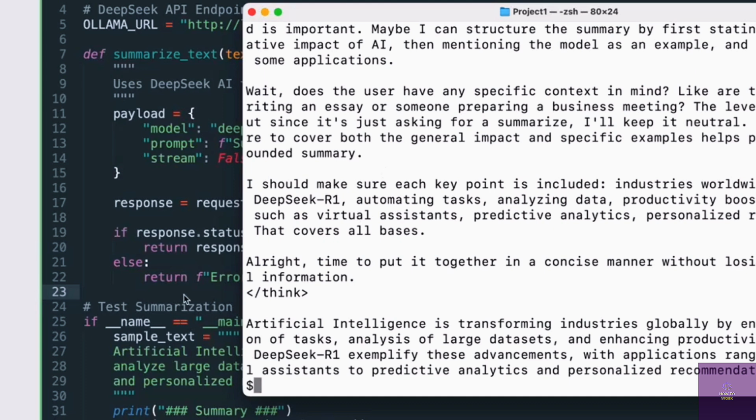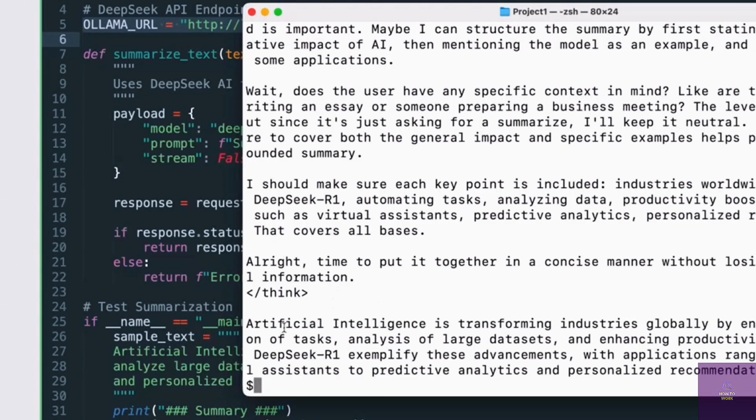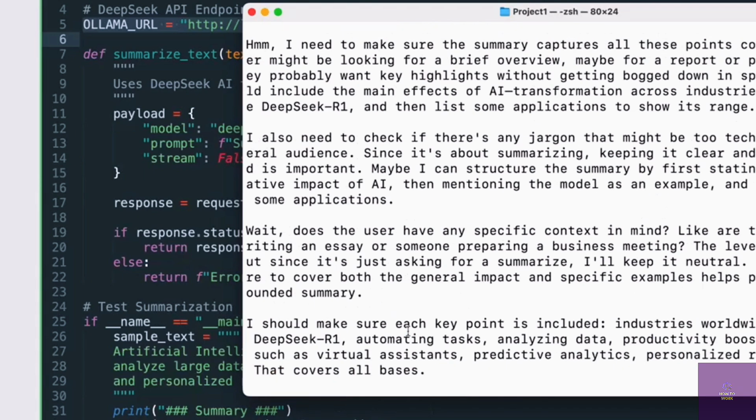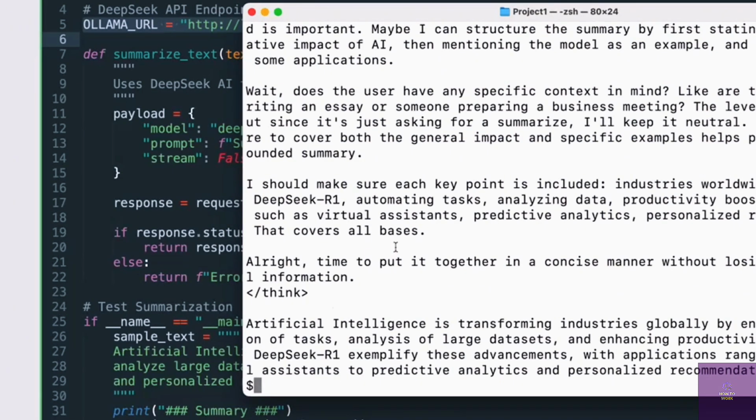Just to go over the summary of what the script does, it connects to DeepSeek AI running on localhost 11434 via request. It formats the text as a summarization prompt and then sends it to the API. It retrieves the AI generated summary and returns it and prints the results right over here when the script is run. So again, this confirms that everything is working fine. If I go back here, if you see, the summary is provided right here. It will also show me what it was thinking while it was summarizing based on the text that I've provided, and we have the summary right